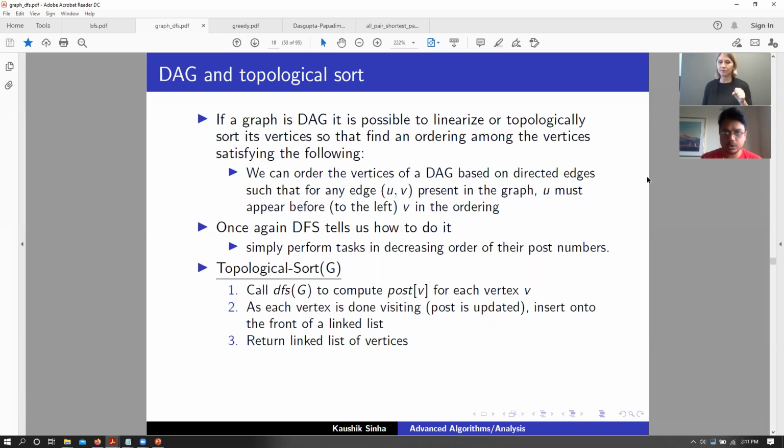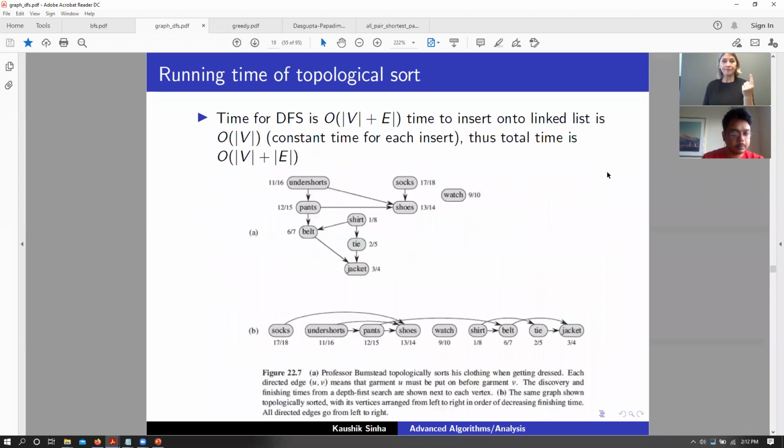So first things first, does everyone remember what topological sort was? Given a directed graph, a topological sort of that graph essentially orders the nodes such that all the parents of a particular node will always be on the left-hand side of that particular order. So when we have tie, we know that tie can only have one child, that is jacket, but tie can have more parents on the left-hand side. That is what we mean when we say that we are topologically sorting this particular graph.